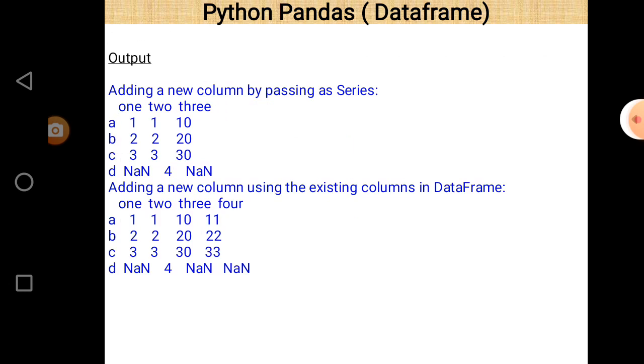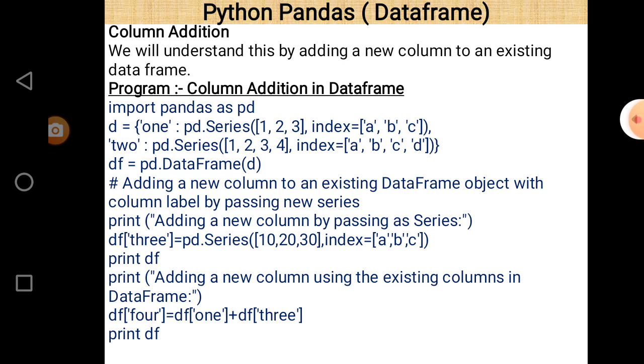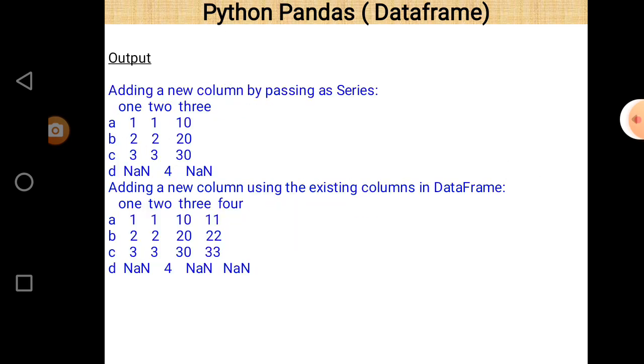This is the output: adding a new column by passing a series. There are 3 columns here, 1 2 3, and we added a column named 3. That's why 3 appears here, and for index value d there is no value in columns 1 and 3. That's why NaN will appear here, and when we add column 4, which is a combination of 1 and 3,